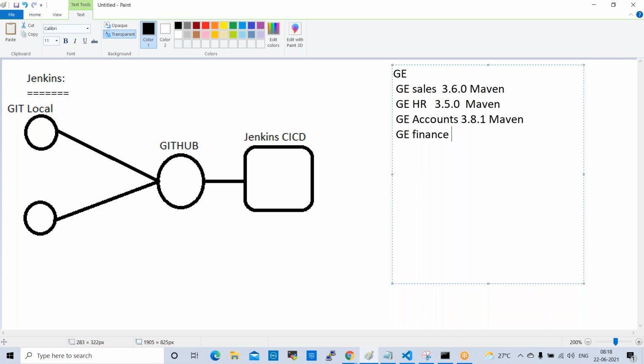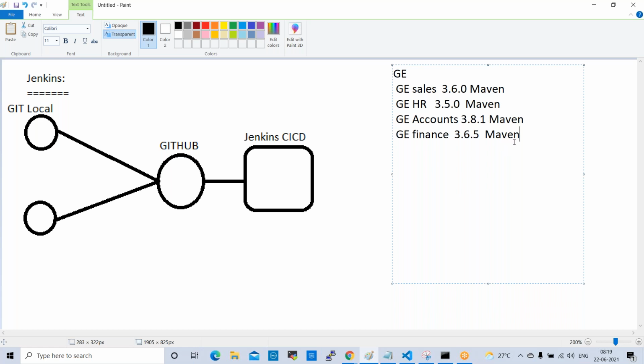GE finance they are using 3.6.5, some different version of Maven, right? So these portfolios are using different versions.